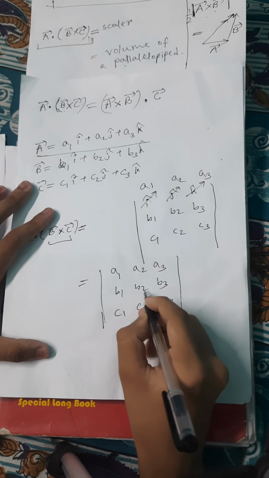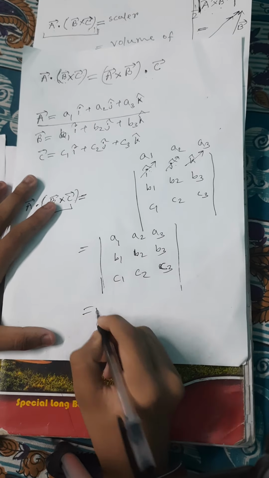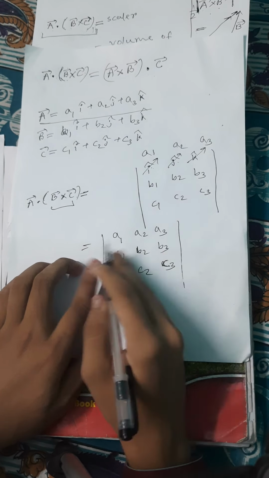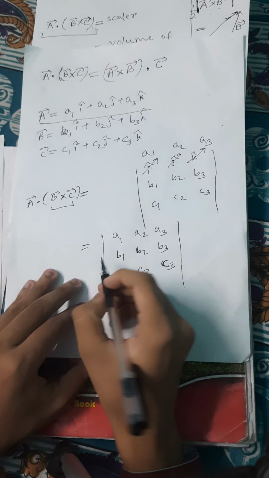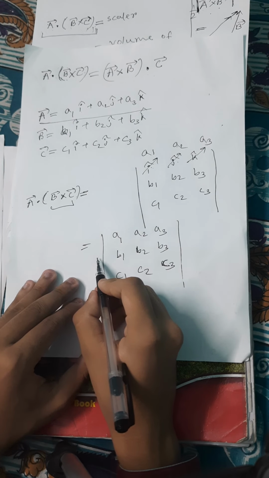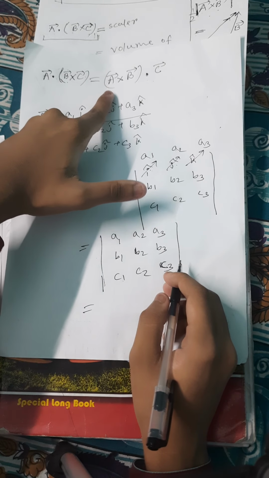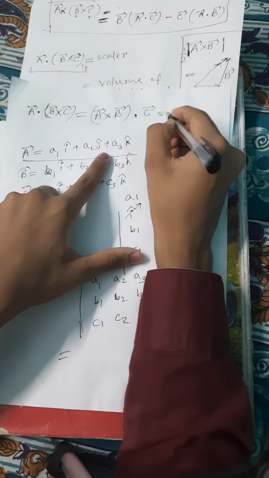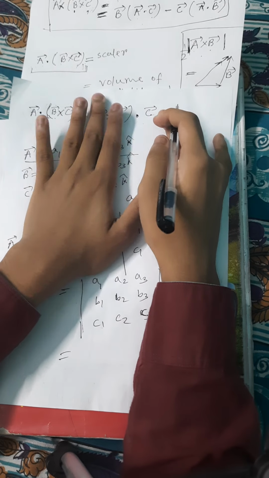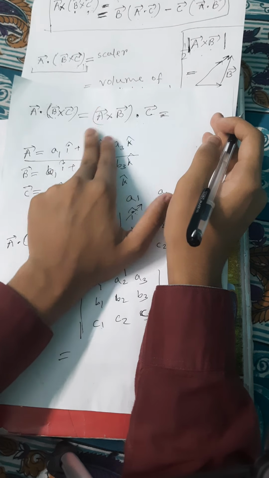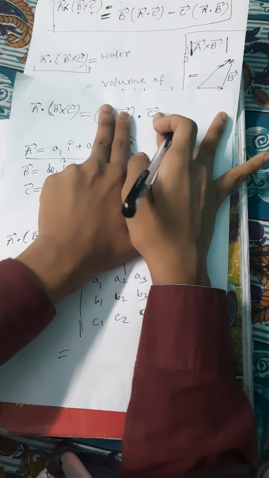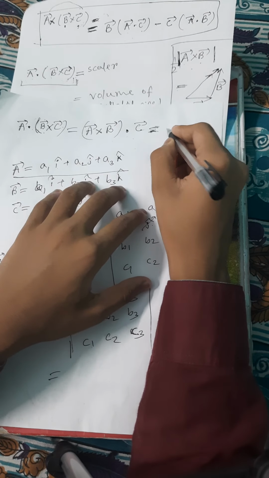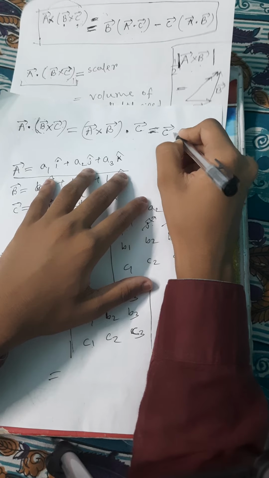And you know the property of determinants, that if you change two rows or two columns, then you have to put a minus sign here. Okay, now see, now let me put this. So this is the same as taking a cross b as a single vector and dot c. So interchange these two. After interchanging the dot product, nothing new can happen.